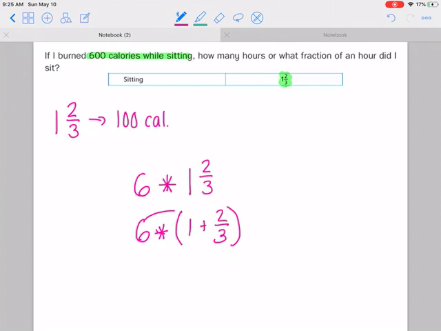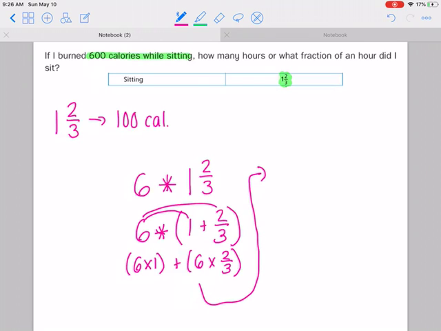So now I'm going to do 6 times 1 plus 6 times 2/3. I'm actually going to rewrite this over here because I'm going to run out of room. 6 times 1 is 6 plus, remember, 6 over 1 times 2/3. And you just multiply across. So now it becomes